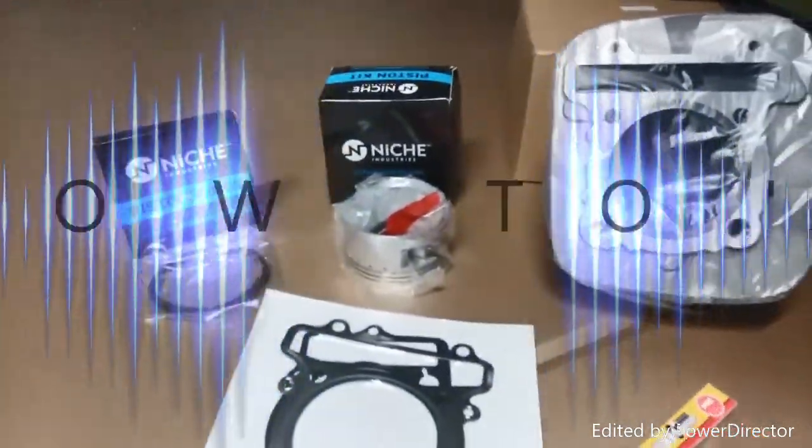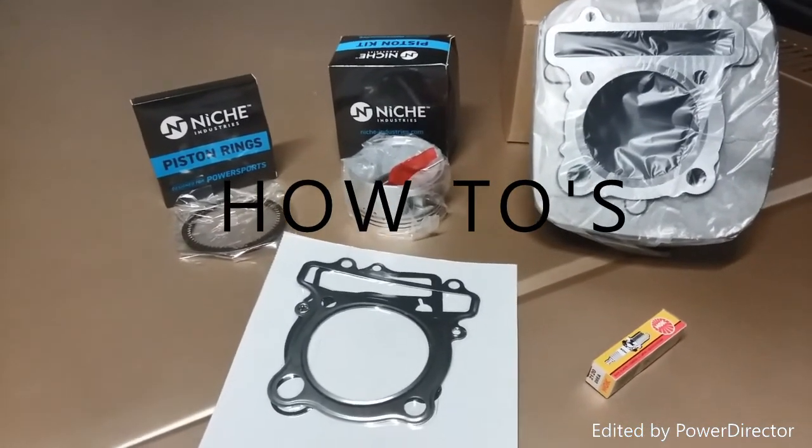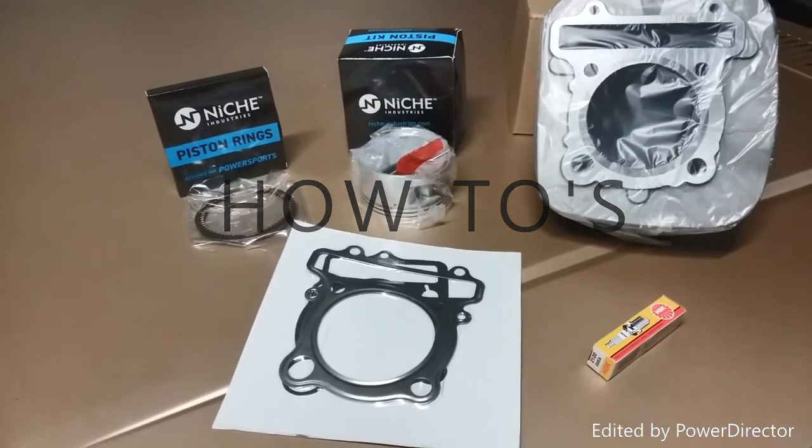As you can see in this kit, it does come with the piston rings, piston, wrist pin, the wrist pin retaining clips,